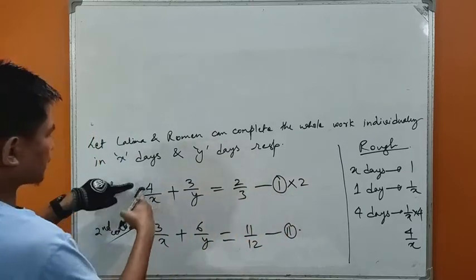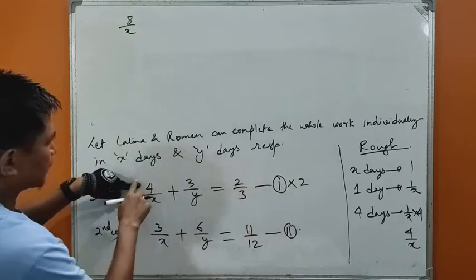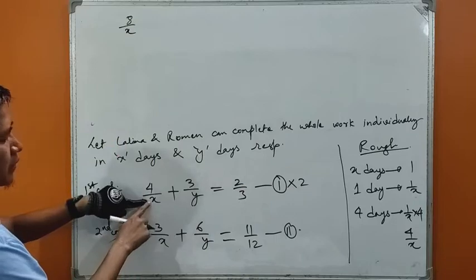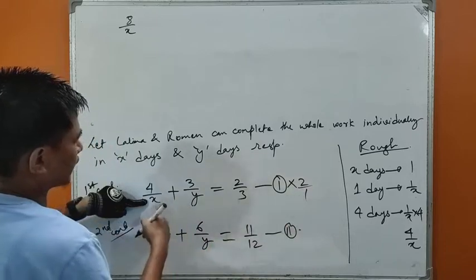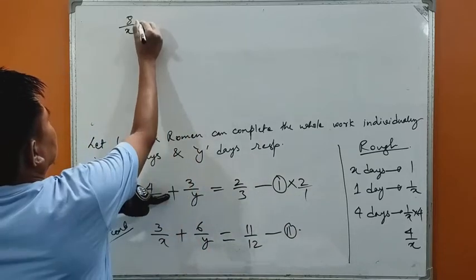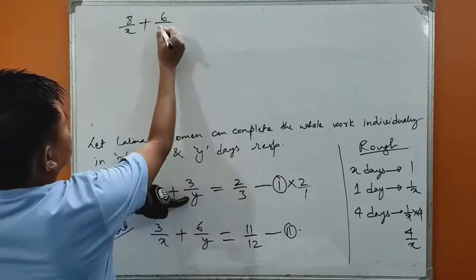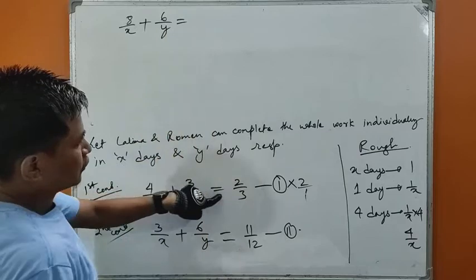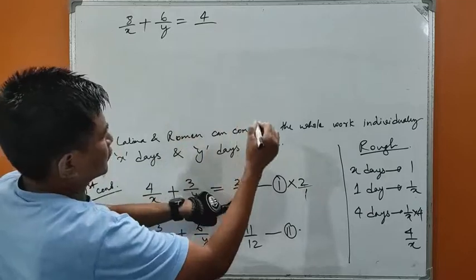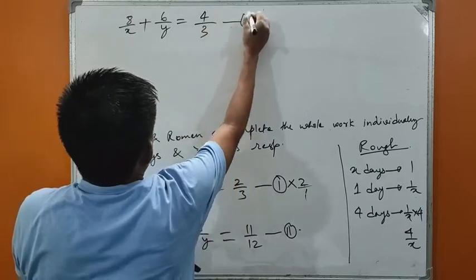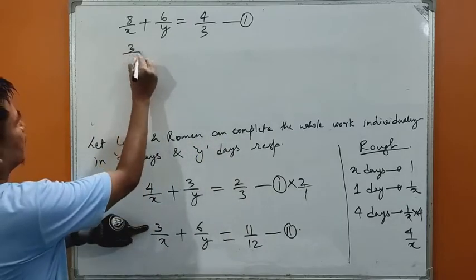Okay, 2 4s are 8 upon x. We don't multiply the denominator, we must multiply the numerator because we have 1 in the denominator, 1 into x is x. Okay, so plus 2 3s are 6 upon this y comes in the denominator equals to 2 2s are 4, 4 upon this 3. This is equation 1. And equation 2 we have, we don't need to multiply this,